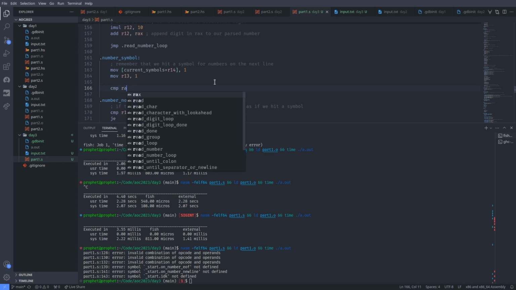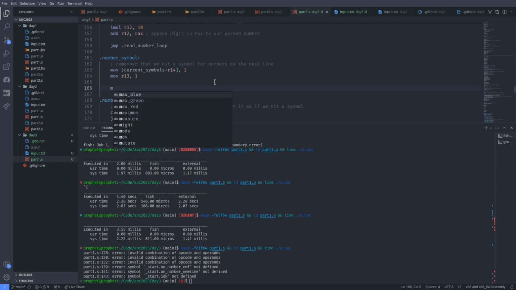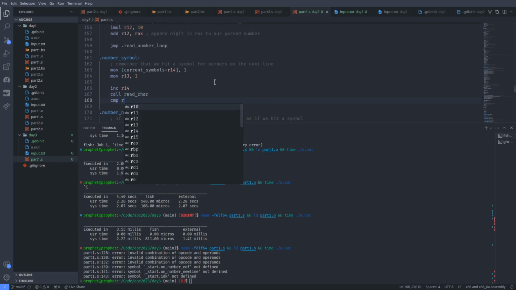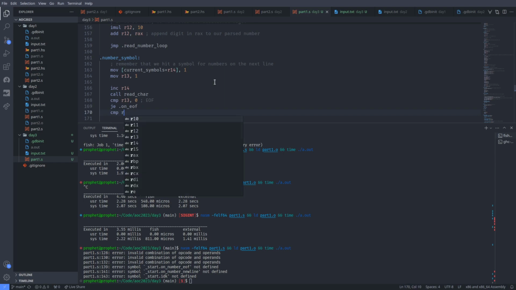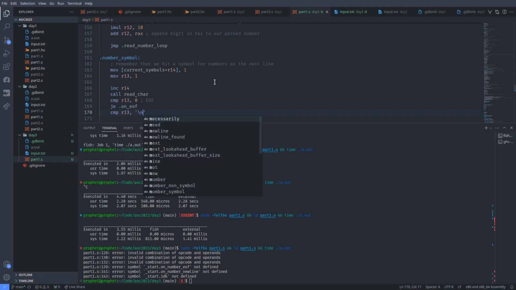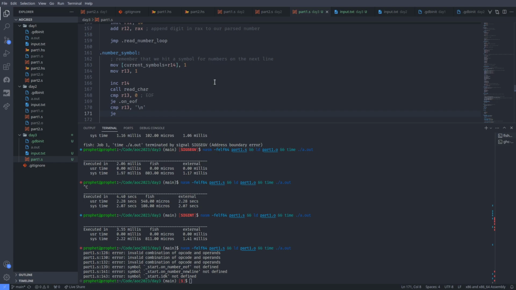So we compare. No, we increment our 14, and we read the next character, and then we dispatch on that one. And the question is if that one is a 0, we jump to symbol EOF. I don't know what to do there yet. I guess that's just like a regular end of file. Let's do that and see if it breaks. And if we hit a new line,